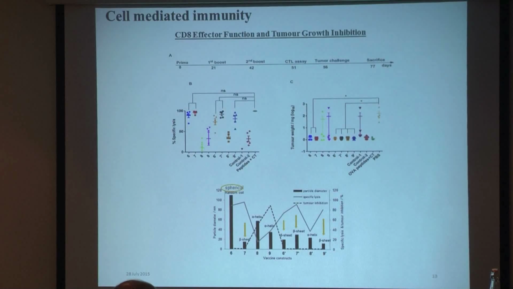So again, we see the same profile as I showed in the previous slide. To relate these immune responses with physicochemical properties, constructs with spherical and beta sheet secondary structures show the highest activity and tumor growth inhibition, while the alpha helical secondary structure didn't